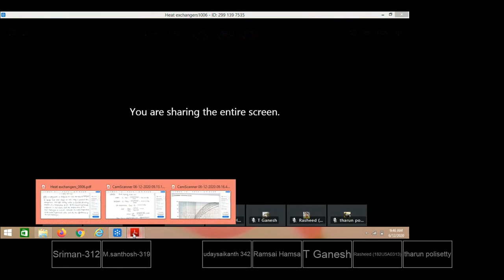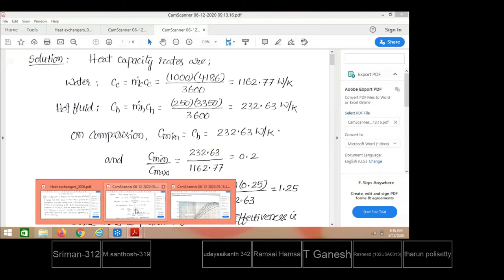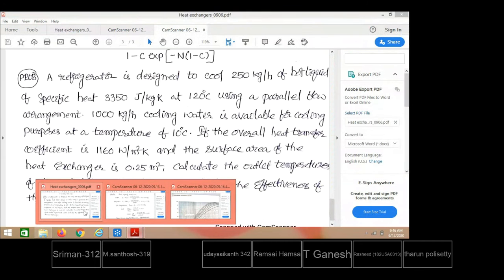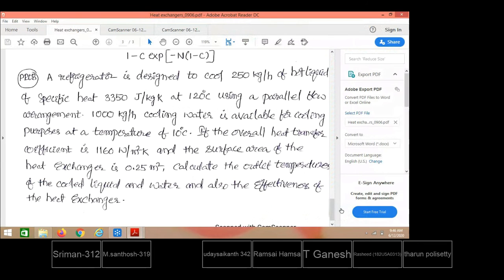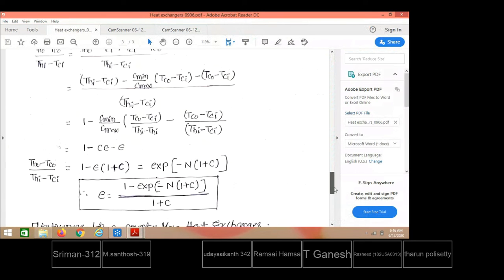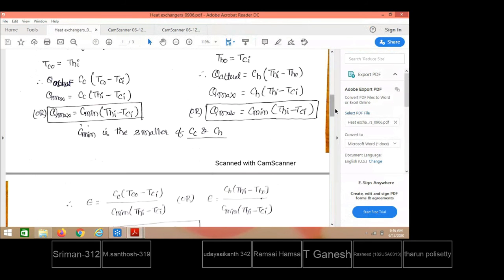Okay, the last part of the heat exchangers is another method of designing a heat exchanger, LMTD. The LMTD method of heat exchanger analysis we have already discussed. With regard to a heat exchanger, when we know all the terminal temperatures, terminal temperatures means the hot fluid inlet and outlet temperatures are known. Similarly, for the cold fluid also, inlet and outlet temperatures are known.